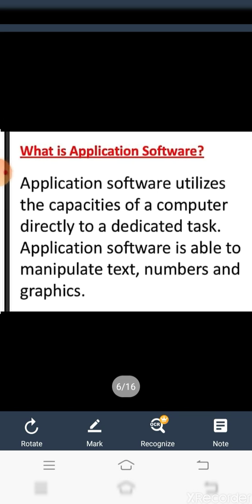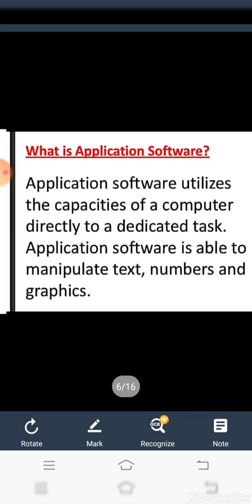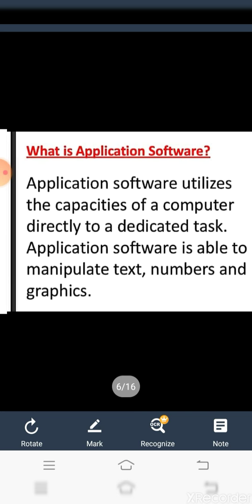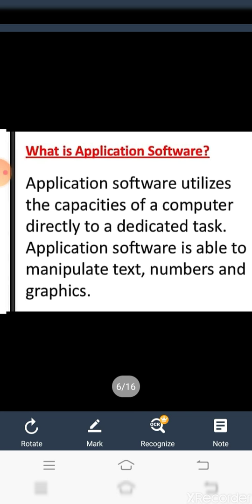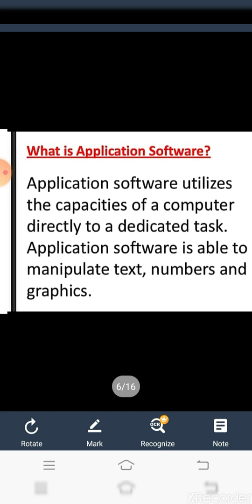Now come to the application software. In the previous part of the video, we read that software is divided into two types, system software and application software. We already covered system software and its types. Now the other type of software is application software.